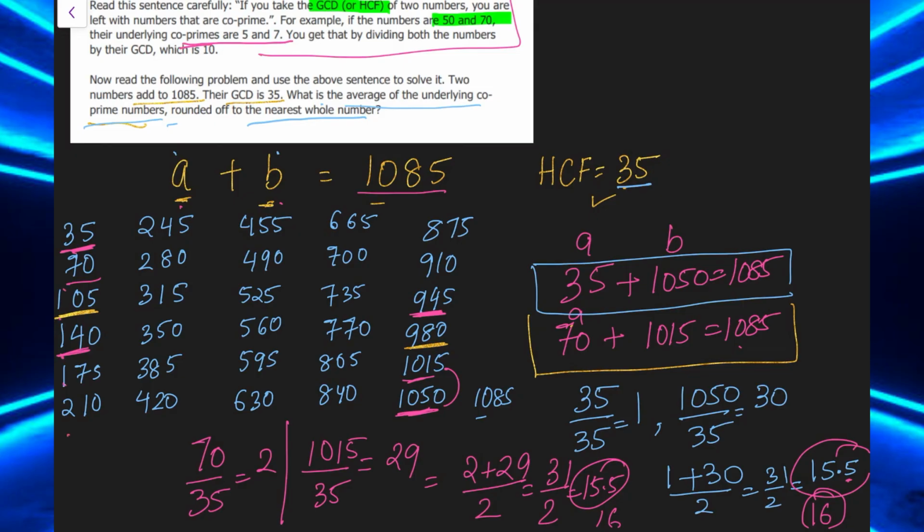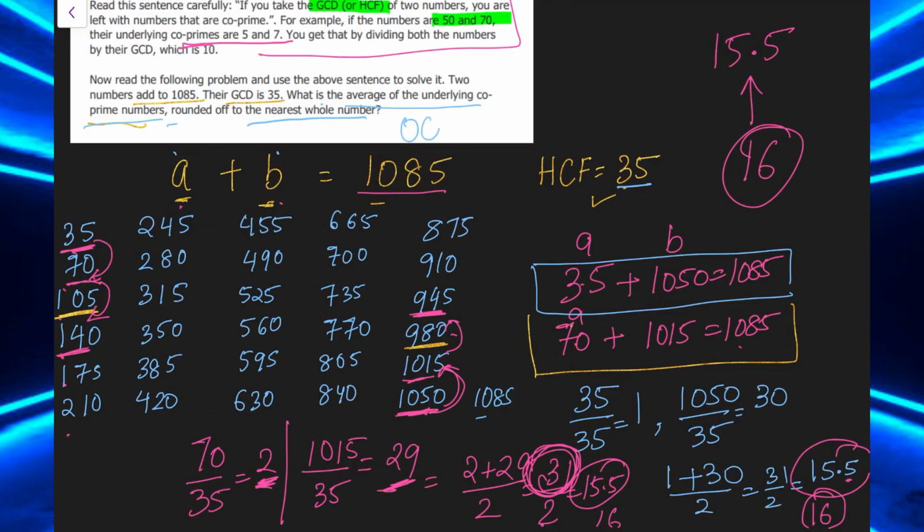So as you can see, in all these pairs, if you go to the next number in the sequence for A, B goes one step back. So in finding the co-primes, one will keep increasing and the other will keep decreasing, but the total will always be 31, and the answer will be 31 divided by 2. So you will always end up with 15.5, which will round up to 16. So this is our answer,